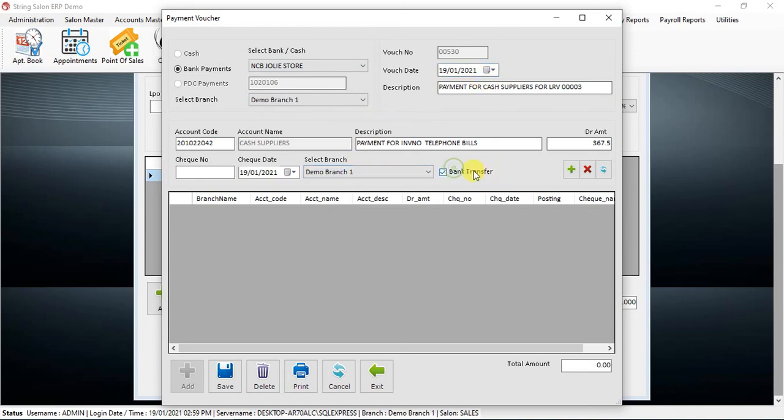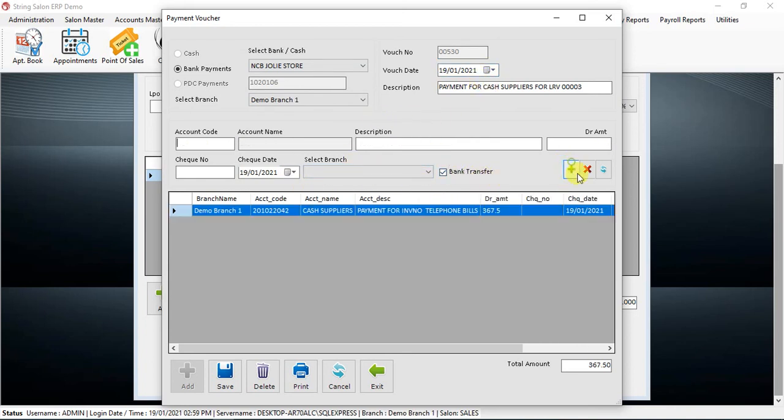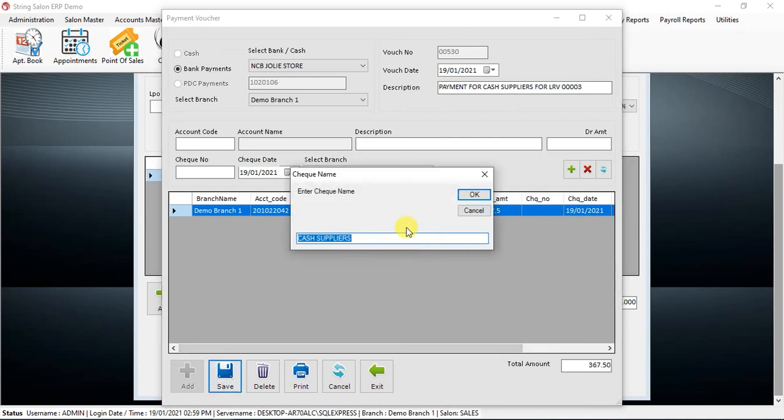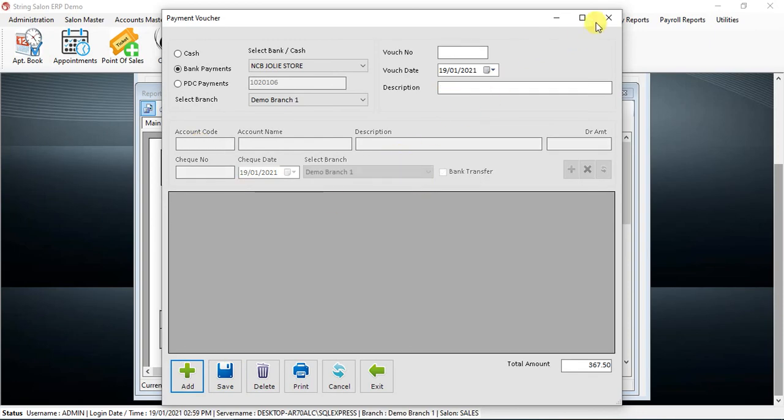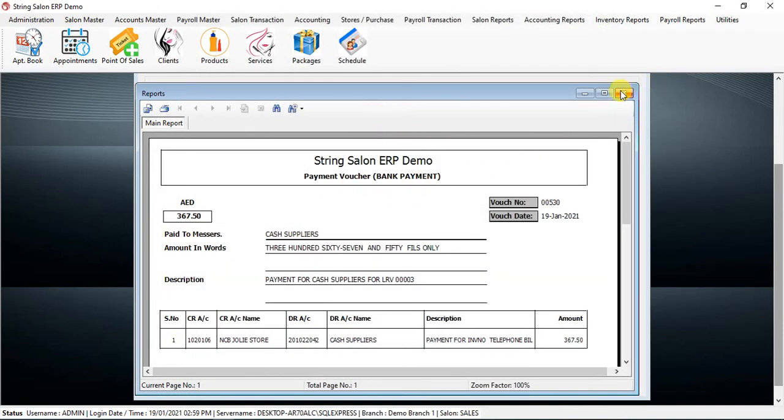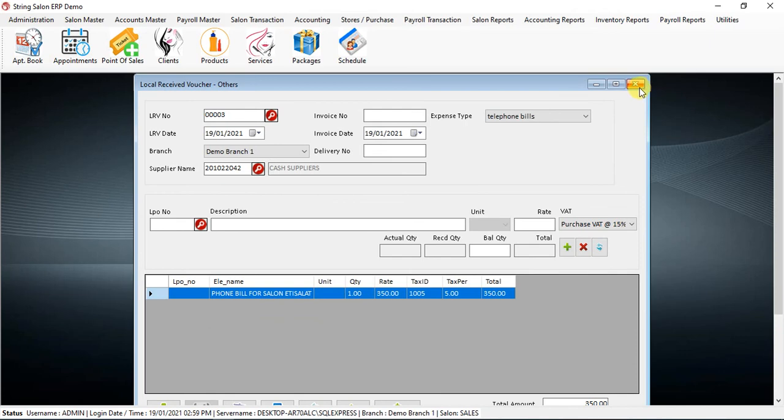Then select bank transfer and press add, save. So this goes as a bank transfer. So the payment voucher which is created is a bank payment. Okay, so this is how you create.